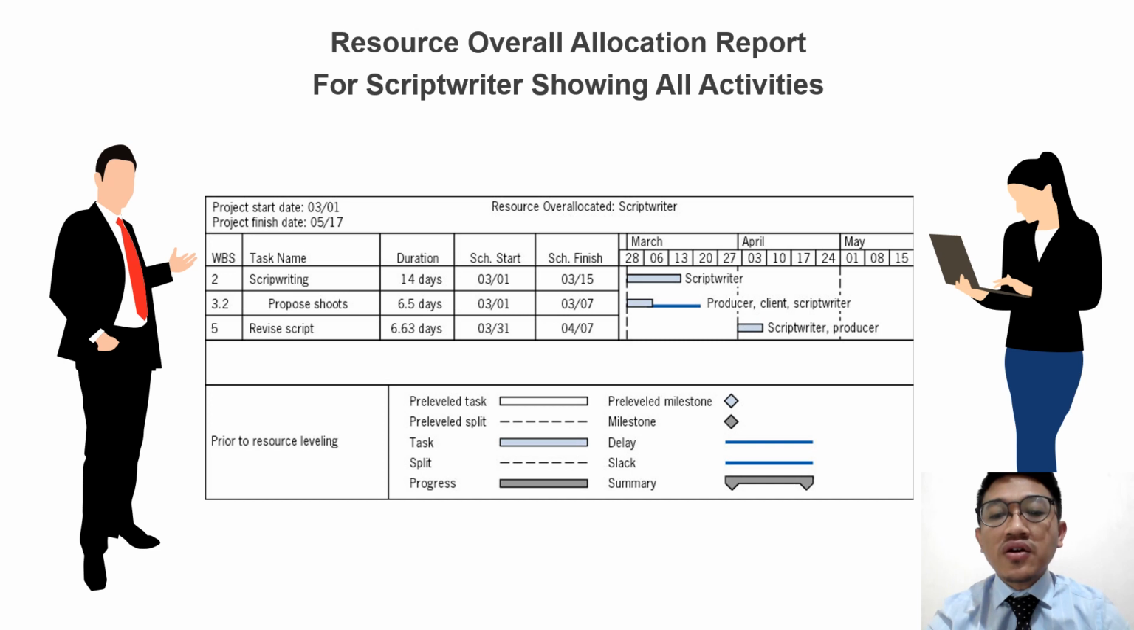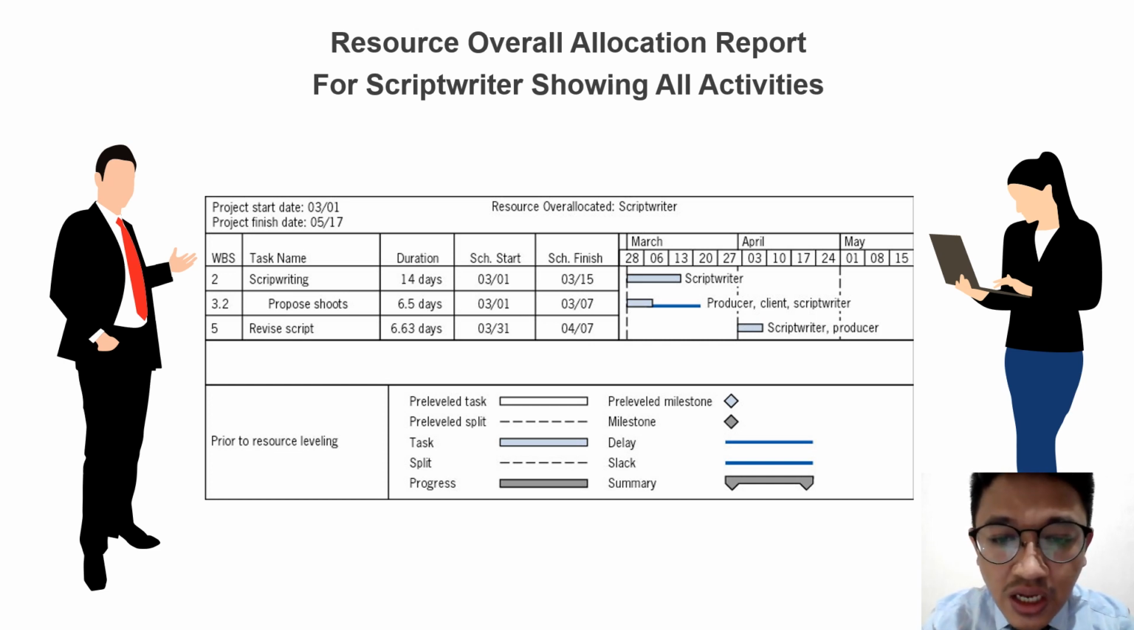The resource allocation report for the scriptwriters highlights key activities with their respective durations and start dates. The scriptwriting task spans from March 1st to March 15th, covering a 14-day period. Simultaneously, the proposal begins on March 1st and concludes by March 7th, lasting 6.5 days. Another phase, revising the script, is scheduled from March